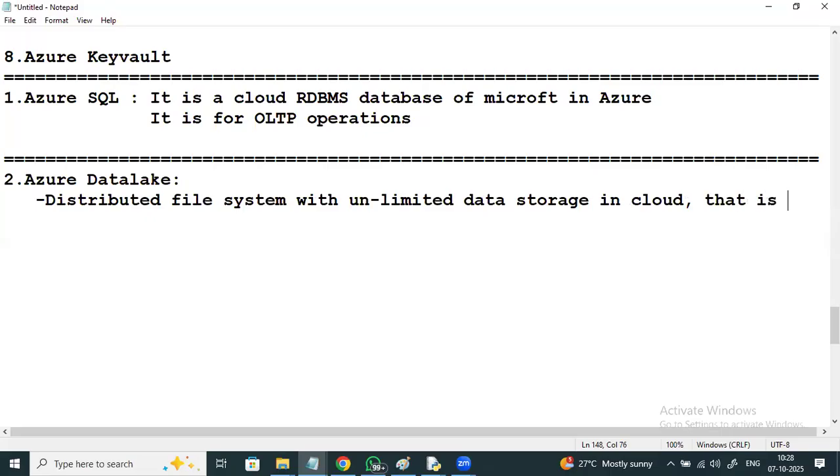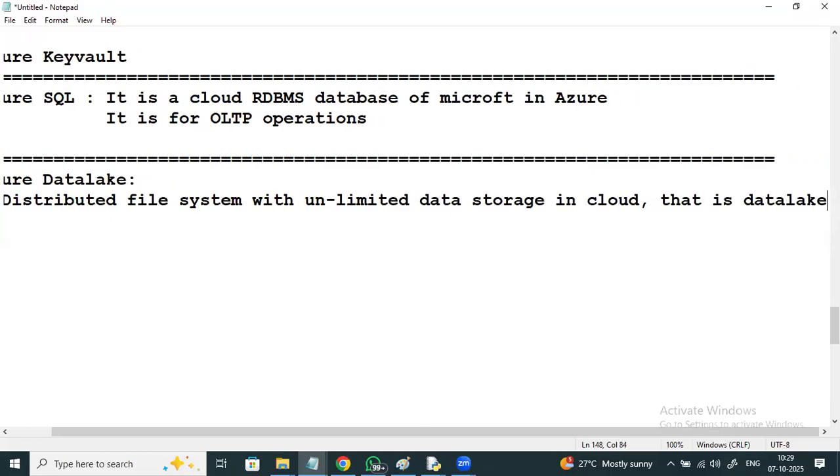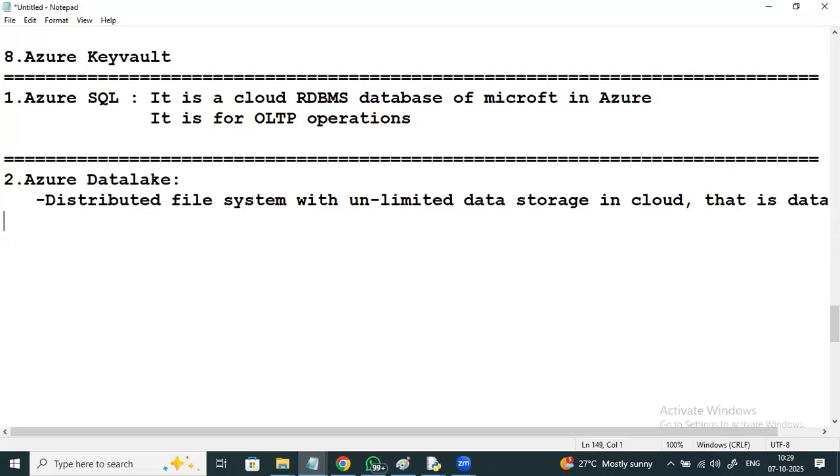That is Data Lake. If you want to store data in the form of files, and you have a distributed file system with unlimited data storage in the cloud, that is Data Lake.